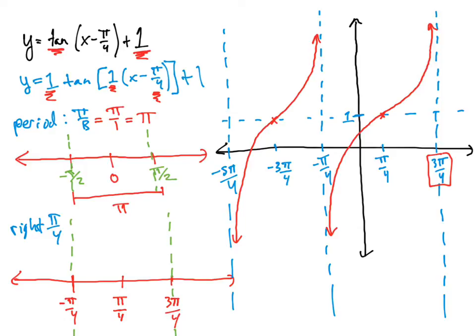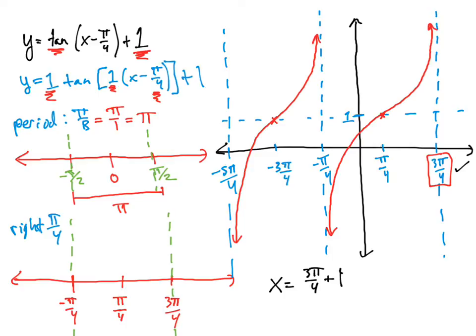Okay, so the only thing that we need to do is come up with an equation of the asymptotes. Because these are vertical lines, they're always going to be x equals. Like we said previously, we are going to pick any of our asymptotes as a starting point. It does not matter. Oftentimes we pick the first positive asymptote. That is not a requirement, but that's how I'm always going to do it. So 3 pi over 4